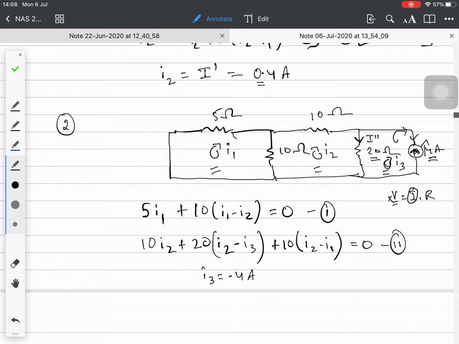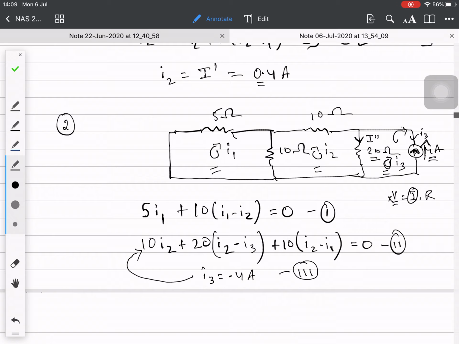Minus 4 ampere, because this is I3 and this is 4 ampere, opposite directions, okay? Current value will be same, but the direction will be different. So we have obtained the value of I3 equal to minus 4, and this is the third equation. Now you can simply substitute the value of I3 in the second equation, so that you will have the equation in only two variables,